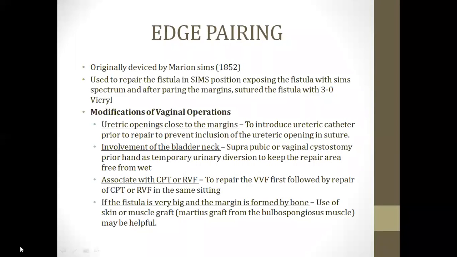Then with involvement of the bladder neck, suprapubic or vaginal cystostomy is done as temporary urinary diversion to keep the repair area free from wet. Then, if associated with complete perineal tear or rectovaginal fistula, repair the VVF first, followed by repair of